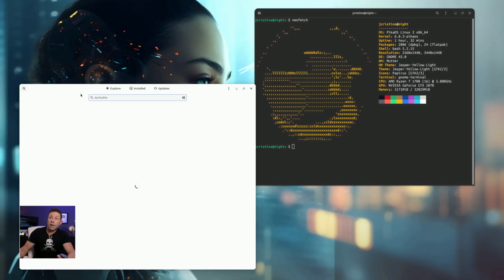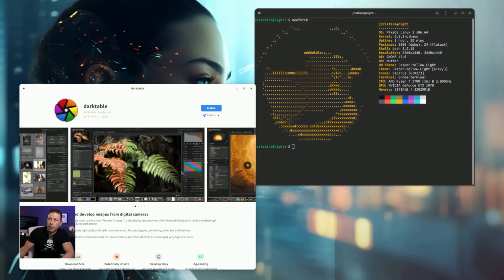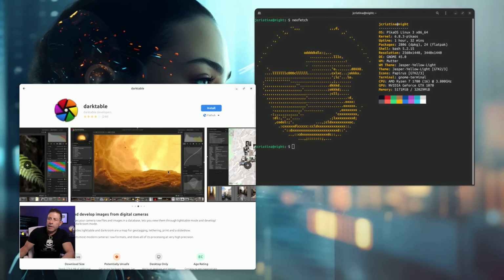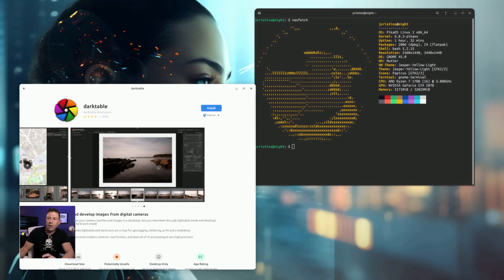Darktable is another great one. Like I said, that's very similar to Raw Therapy. This is not installed. So that's all I'd have to do is click on Darktable and then click on install. And about a minute later, 2 minutes later, guess what? I have Darktable, and we can use that instead of using the Raw Therapy. It's completely up to you. And you can see what it looks like here. Once again, it is a Lightroom alternative. Very, very similar. It also does geolocation and whatnot. So it is a really powerful tool.